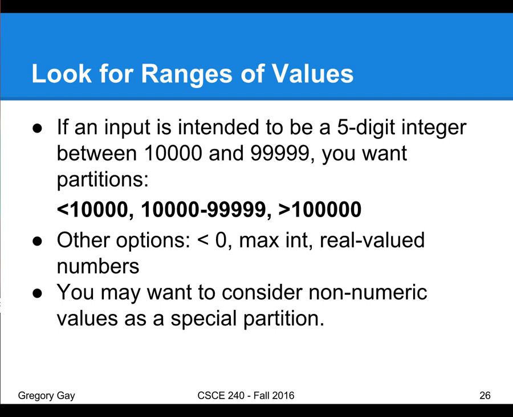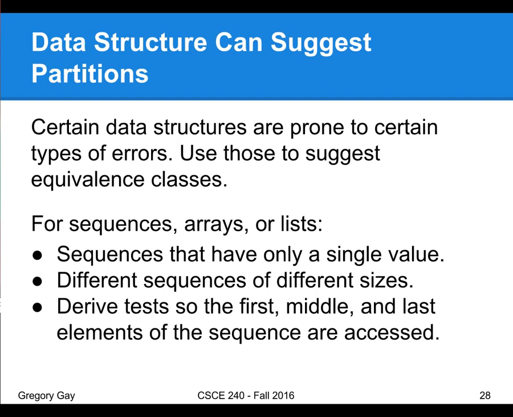Similar ranges can often come from other data types as well, especially if you're considering things like arrays or other data structures, right? Typically, what you want to try are things like single-valued arrays, different sizes. Try a very large array because those typically cause efficiency issues, especially if you have timing bounds that you need to consider. Try an empty array, right? So these are typically cases people don't necessarily consider and where the behavior of your software can go wrong.